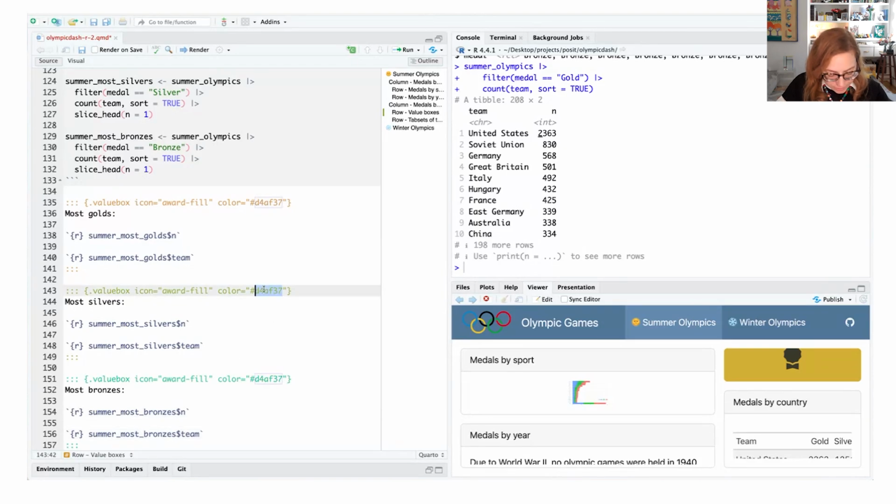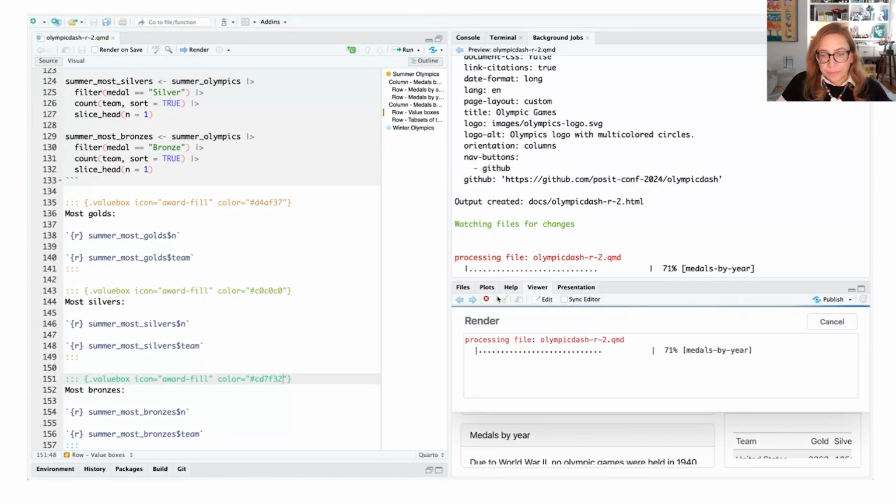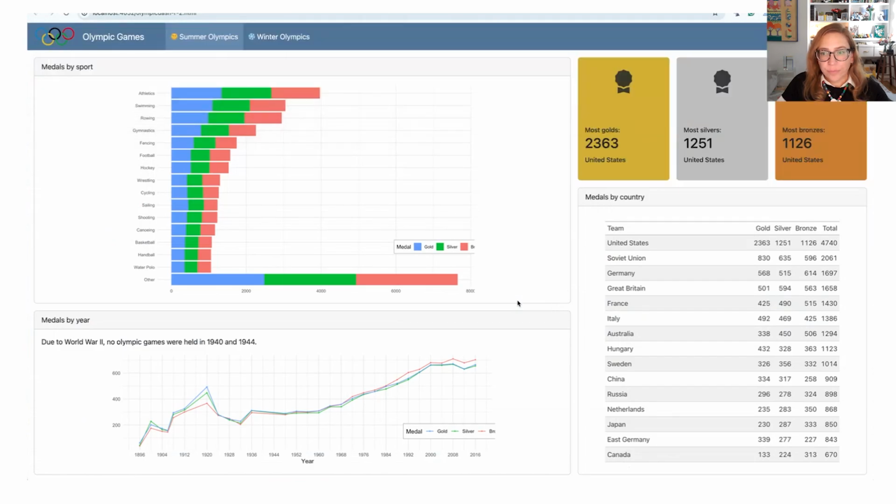And we're also going to want to adjust the colors as well. A grayish color for silver and a bronzish color. I'll do CD7F32. And here we have our value boxes too.